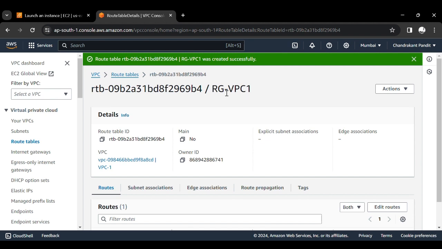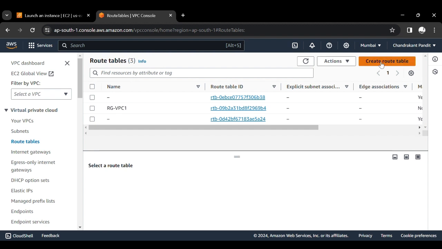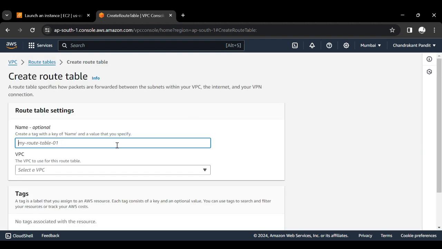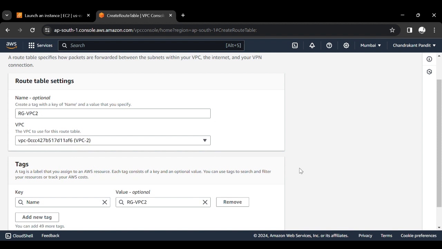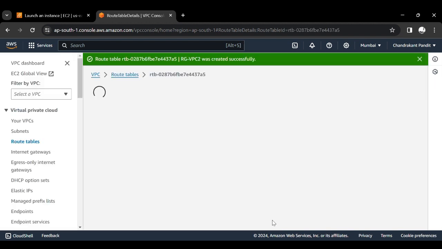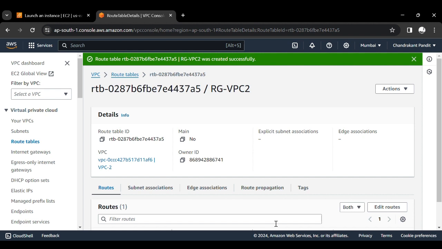Similarly, you can create another route table. So click on route tables, create route table, name it RG route table VPC2. So this will create another route table, and select your VPC, that is VPC2, and create route table. So now here you have created two route tables, two internet gateways, two VPCs, and next thing you have to create